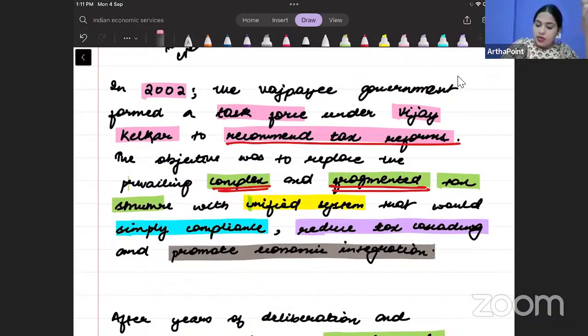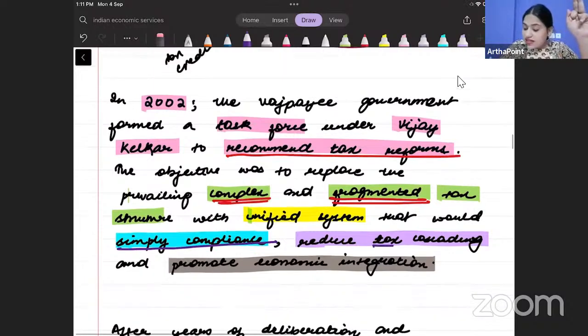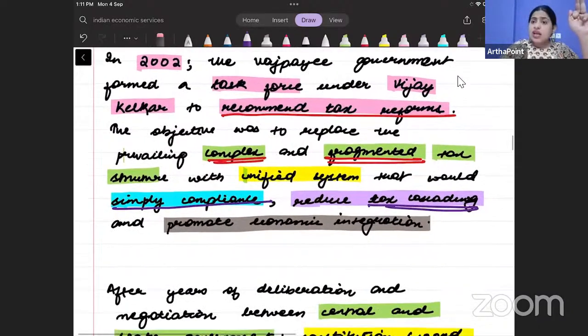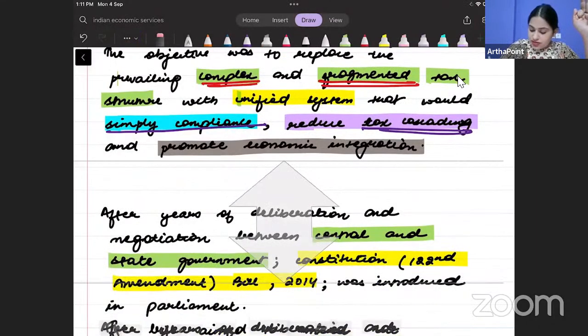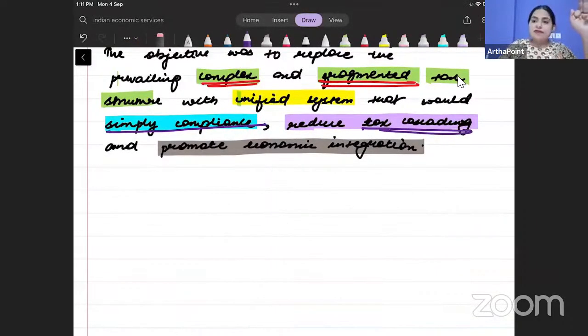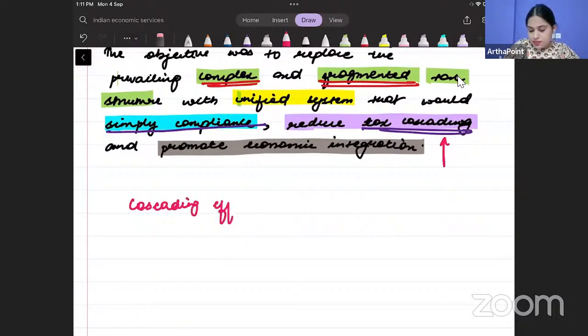Read this out. We wanted to go ahead and simplify compliance. मतलब easily tax collect हो पाए. Reduce tax cascading. इसके बारे में हम थोड़ा और बाद में बात करेंगे. But as of now, please समझो cascading effect क्या होता है, इसको समझते हैं. Cascading effect बहुत ही ज्यादा